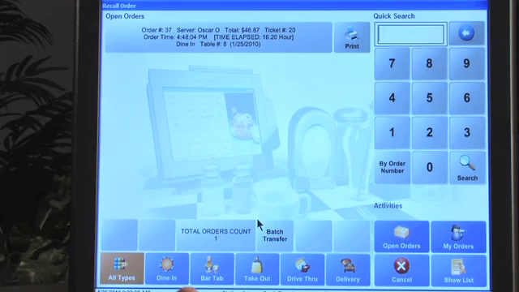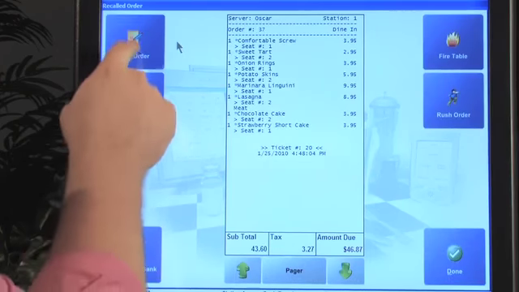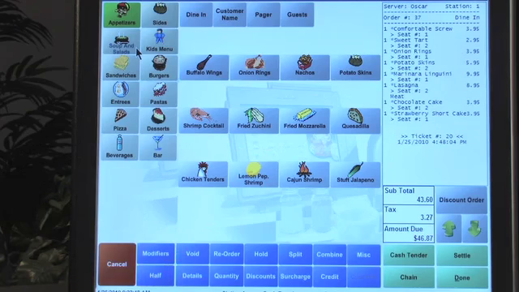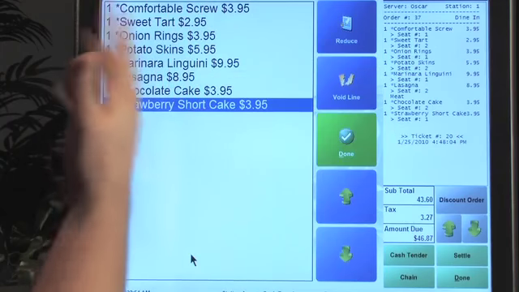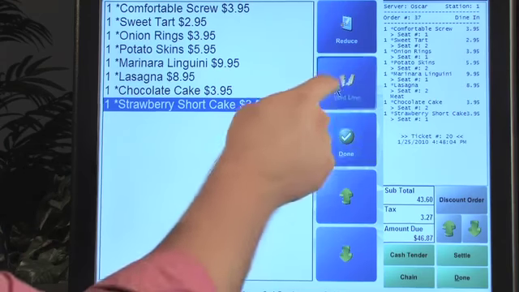Now we've recalled an order, and let's void a couple of items on there. There's a few different places that you can do this. The first one I'd like to show you is just on the menu screen. You see the void button right there. Let's press that. Now you have all of these things here, and they've all been sent to the kitchen. We have a few drinks, we have some entrees, appetizers, and some dessert. So let's go ahead and void a line. We're going to void